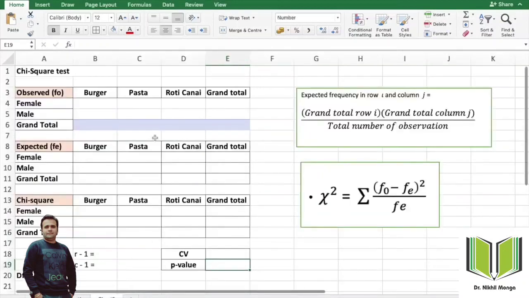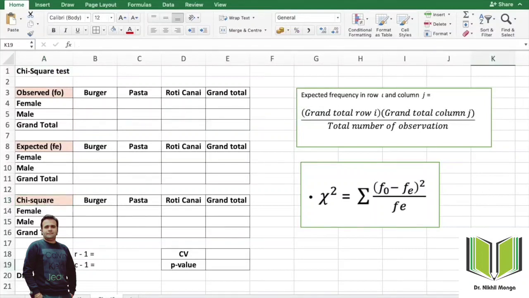Now for our expected frequency, I have already made a table, just look at the screen. So you can see the observed frequency. Now we have to calculate the expected frequency. So I put here the chi-square table also, right. So I just copy paste the table 1, right, here, as you can see on the screen. You do not need to get confused between the observed and expected. I'll explain to you how you can get the expected one.